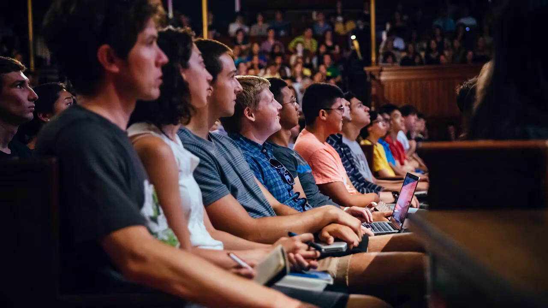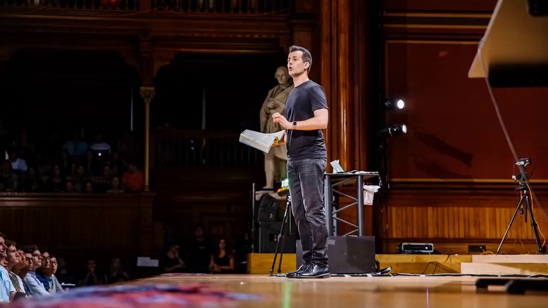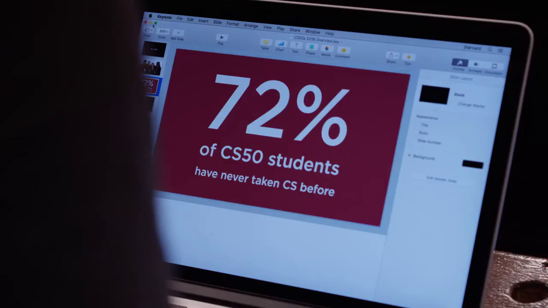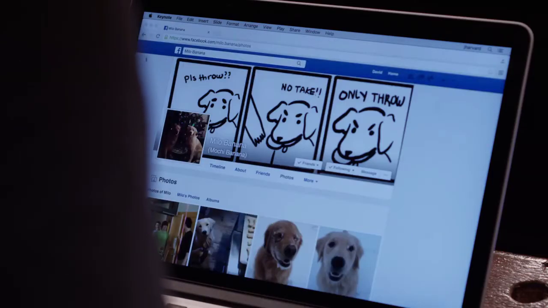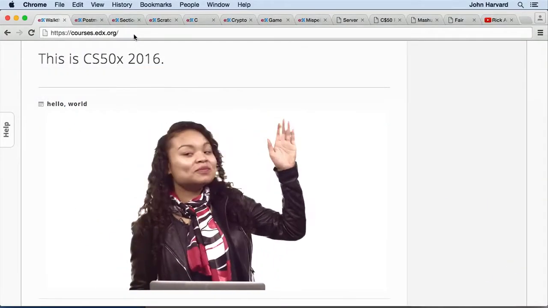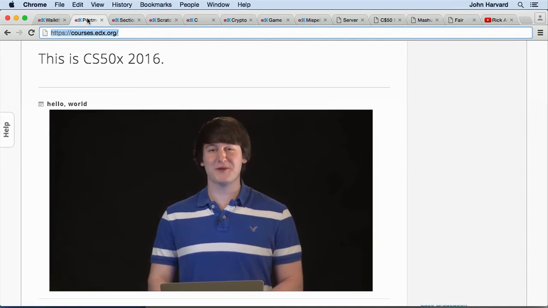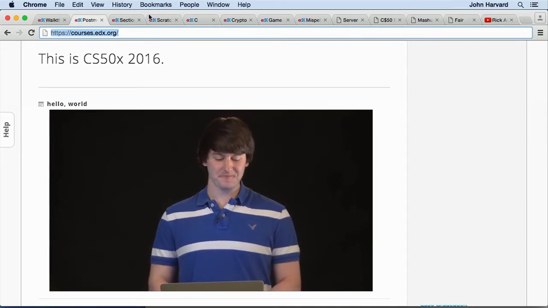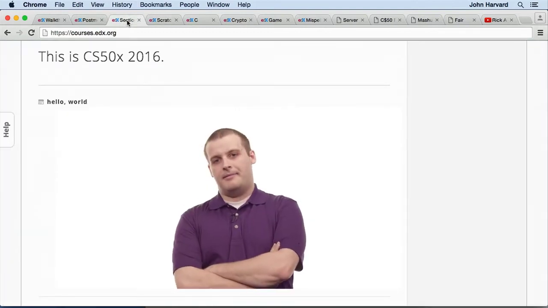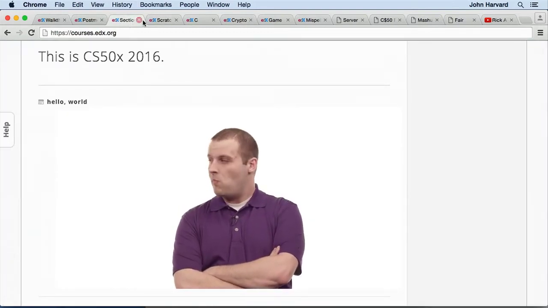This here is Sanders Theater at Harvard University, where we'll meet for lectures and introduce each of the week's concepts. Though, for the first time ever, we'll travel to Yale University for some lectures as well. You'll also soon meet Zamila, who leads the course's walkthroughs, wherein she'll walk you through each of the week's challenges, and Rob, who leads the course's postmortems, wherein he'll reveal solutions to the same. And Doug, who leads the course's sections, wherein he'll review the week's material in more detail.